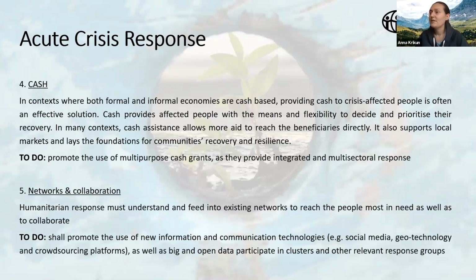Another aspect of the support is cash for resilience. As you know, a lot of donors are now switching to cash as well, and the question is often not why cash, but why not cash in the humanitarian response. Of course, we recognize that there should be a good analysis of where cash is working logistically and otherwise, but often it is able to provide a quicker response. So we especially suggest the use of multi-purpose cash transfers, as they provide an intended multi-sectoral response. Also, you give empowerment to the community and to the people to more or less choose themselves how to address their basic needs.